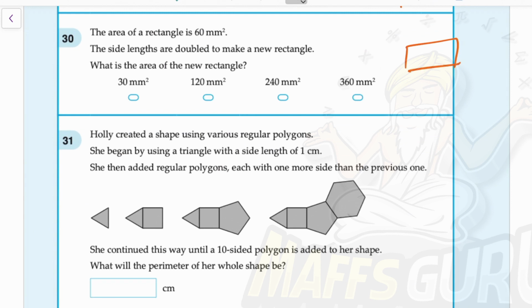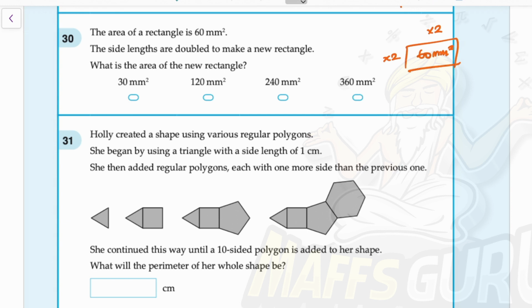The area of a rectangle is 60 millimeters squared. I'm going to draw a rectangle, and inside there I'm going to put 60 millimeters squared. The side lengths are doubled to make a new rectangle. All right, so what we're going to now do is double the length there and double the length there. The area of the new rectangle is, now when you double